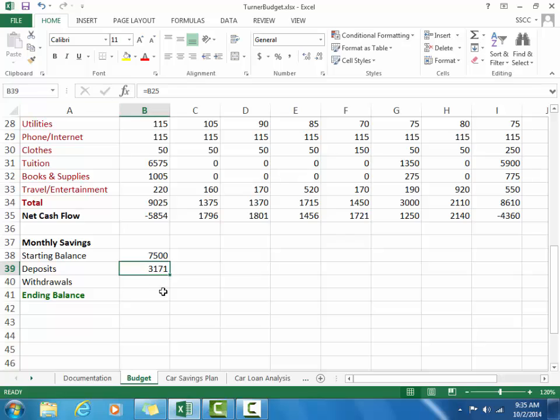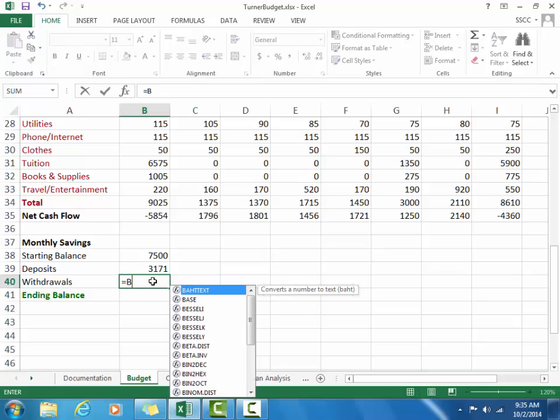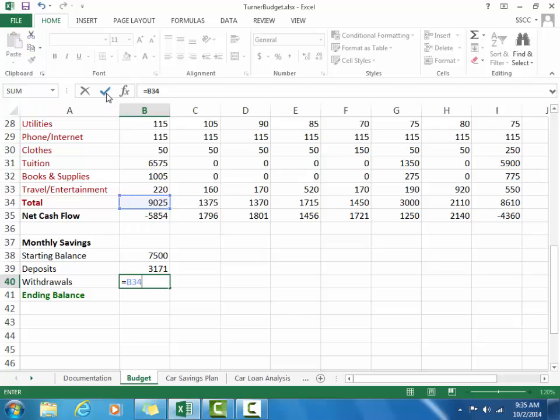In cell B40, we're going to make it equal to B34, to retrieve the January total expenses. These relative references will change when you copy the formula to other months. In B41, type the equal sign, click B38, type plus, click B39,